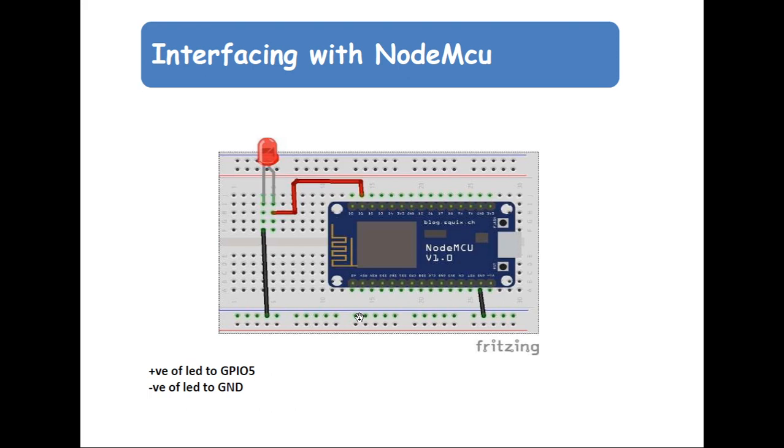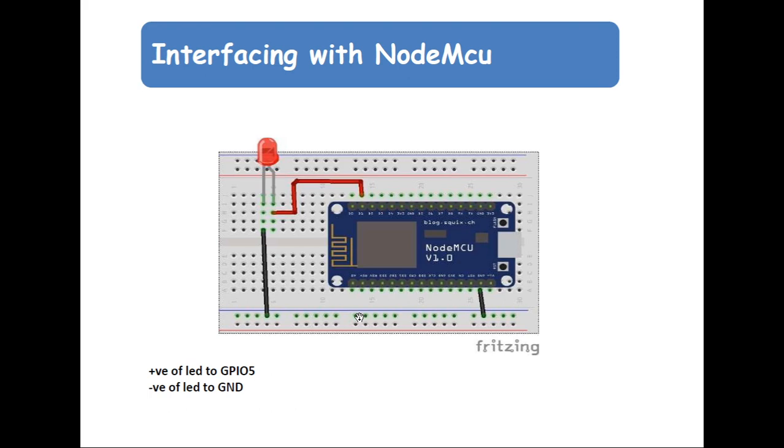And next one is your ground connection. You can use any ground pin in your NodeMCU. And if you want to control your LED, you will give some high or low voltage that will make the LED turn on and off. For this we are going to use a command called digitalWrite. For digitalWrite we have to represent high or low, so that the LED will either go up or down.